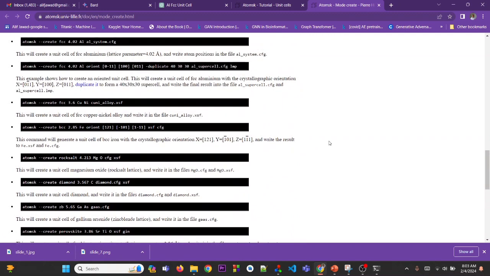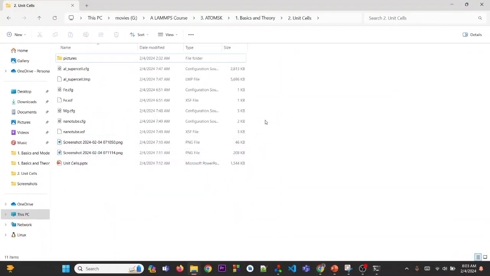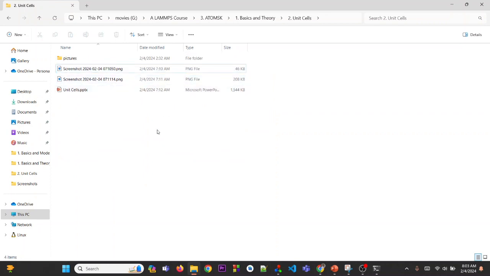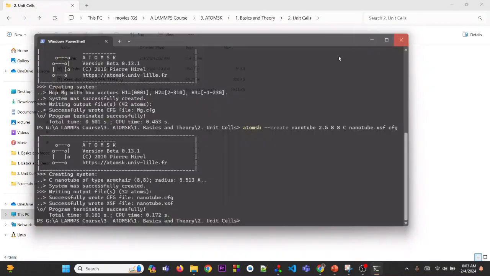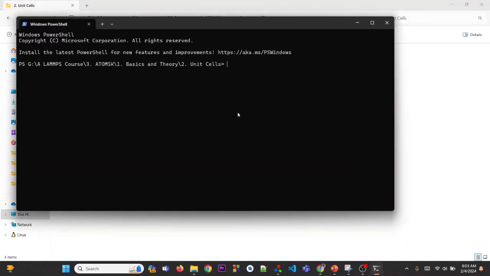Firstly, I will go into this one. I will be creating a cubic system. So I will open the terminal, and here you can use this code. In this code you can see that I am calling Atomsk. This create is the mode, FCC is the lattice type, 4.02 is the lattice parameter, aluminum indicates the element type,